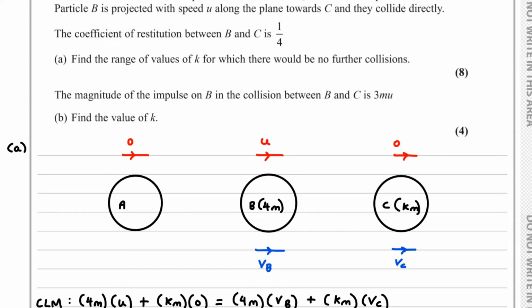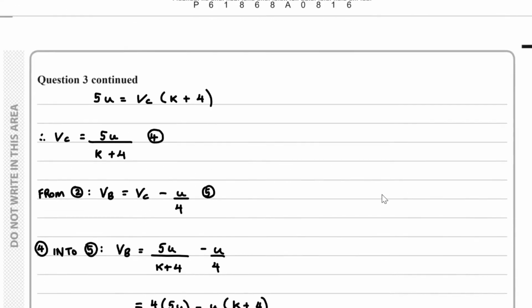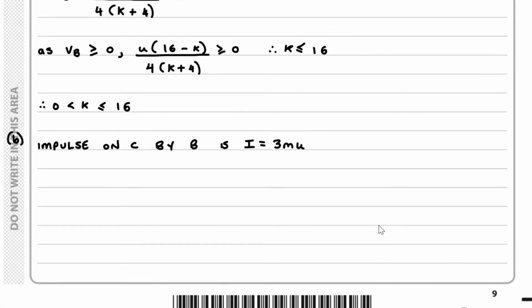So if we show this on a diagram, we've got the impulse on B, this is I, and of course this will be equal and opposite to the impulse on C, which will also be I. With this, we can use the impulse-momentum principle to find what k is, if we consider what's going on with C. So,